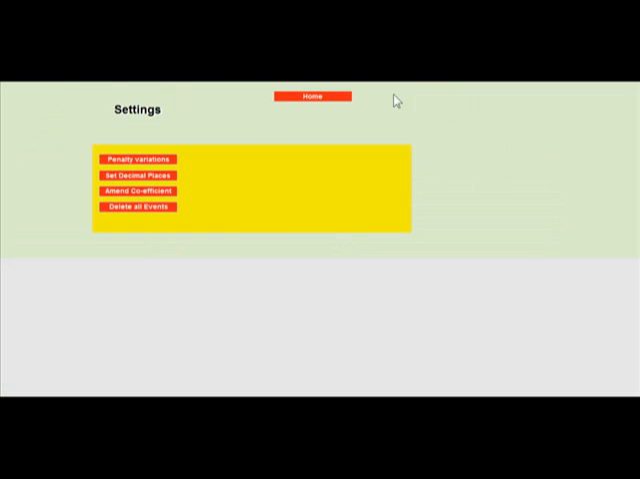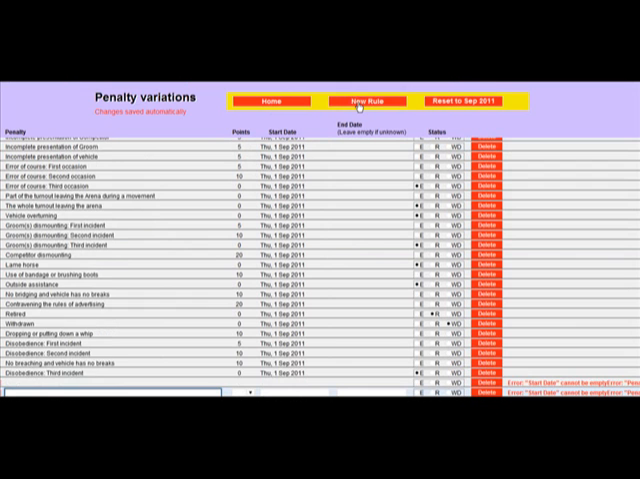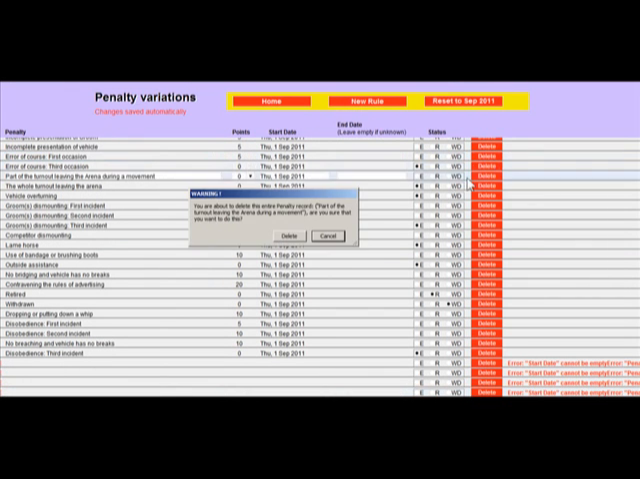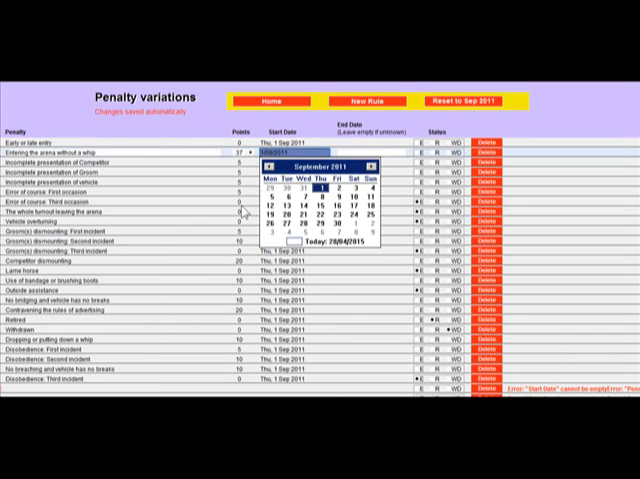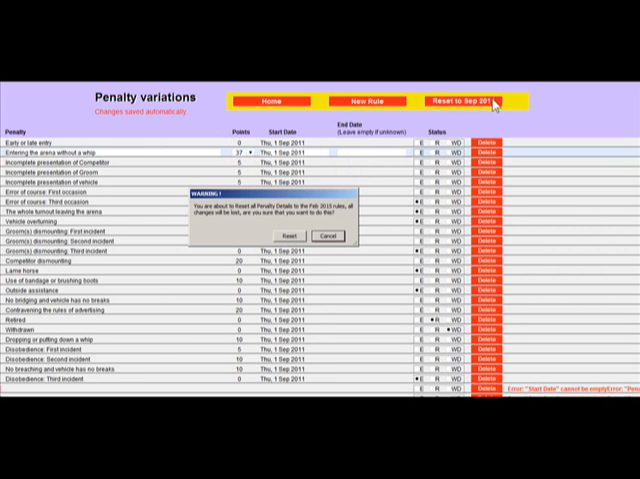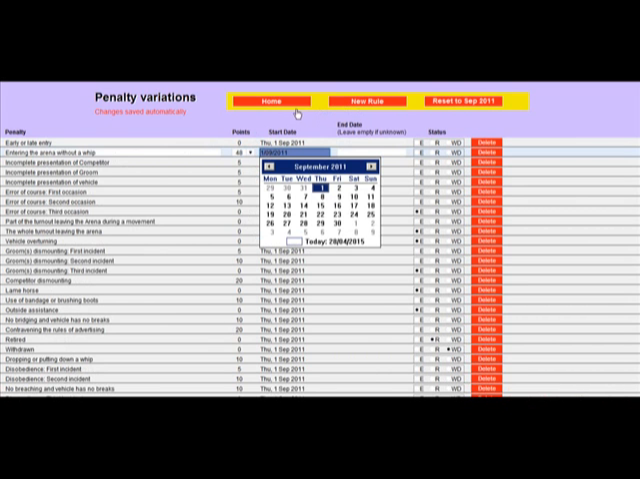Via the settings, we can change the penalty variations, add new penalties, new rules, create some, delete some, or change the existing ones. Entering the arena without a whip, for example, instead of 10 penalty points, we make it 37 penalty points. And we can reset to September 11. So let's say entering arena without a whip, if we make it 37 or 48, home,